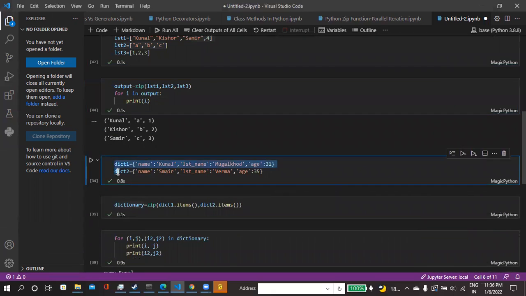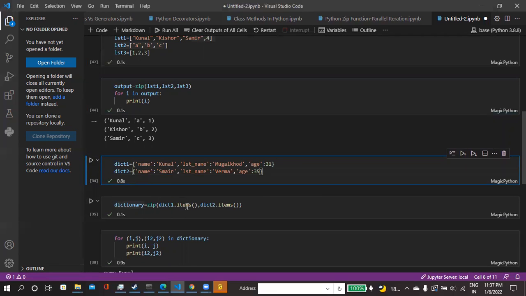Similarly, I have declared some dictionaries. The first dictionary contains name, last name and so on. In that way, I have created two dictionaries. And then after that, I have just used the zip operation on the items.